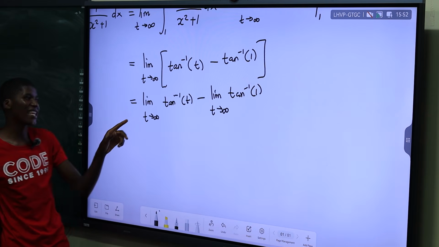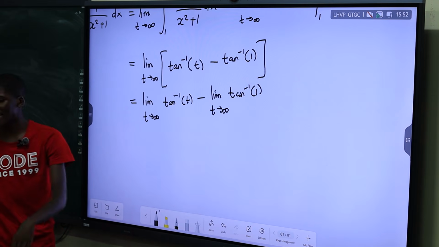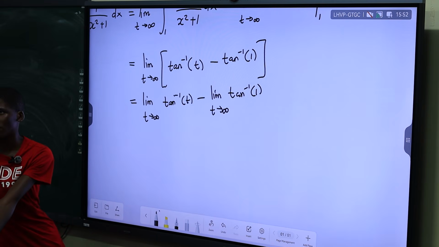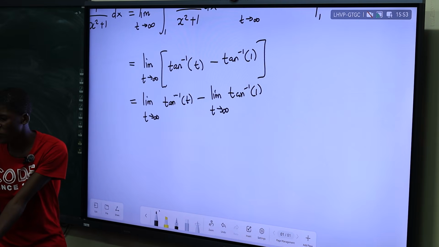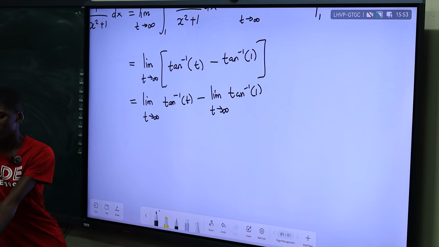Because most of the part of this is to solve the integral. So if you solve the integral, as t becomes bigger in an arctan, what happens? As t approaches infinity with arctan. Or should I show you the graph of arctan first so that you know what it approaches? As t becomes bigger and bigger and bigger.